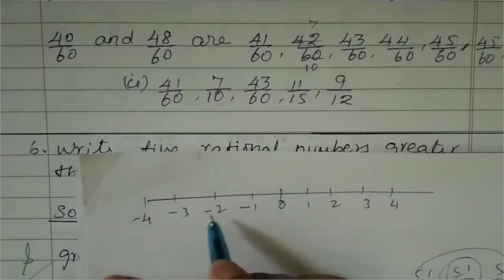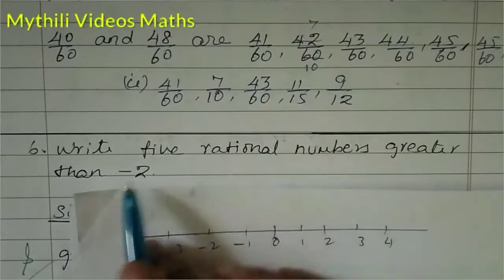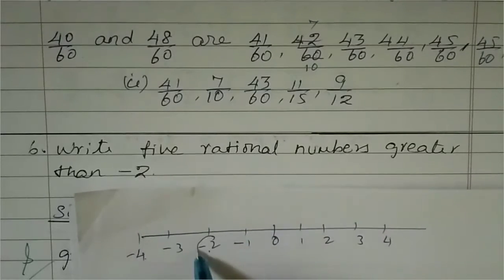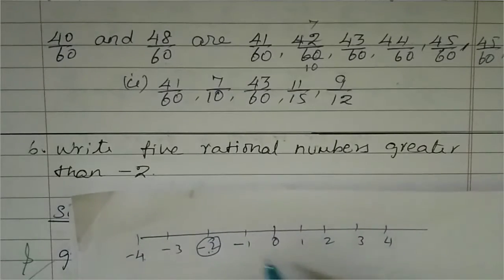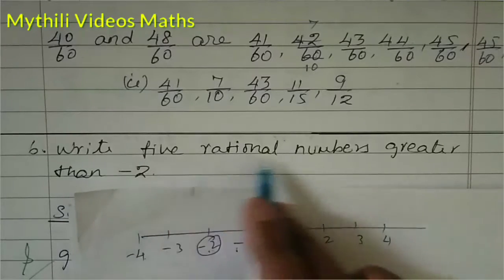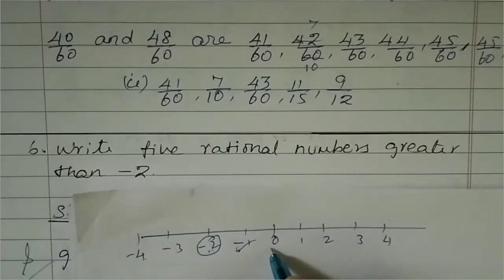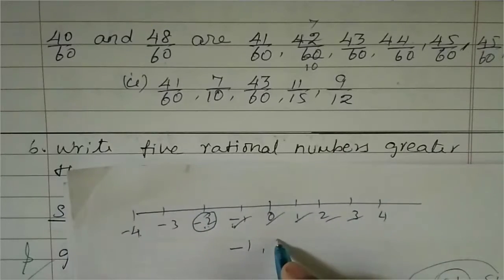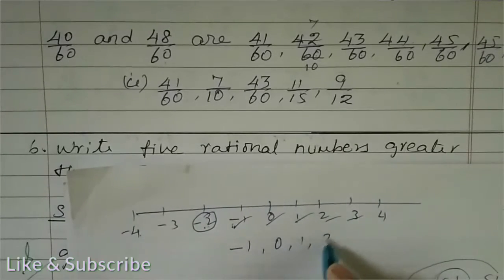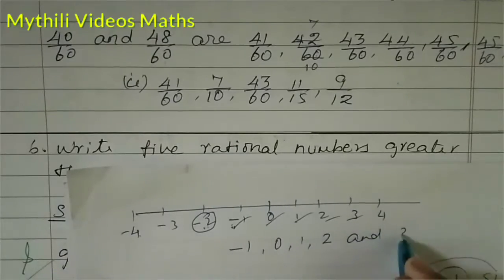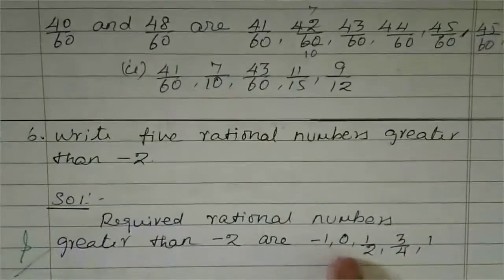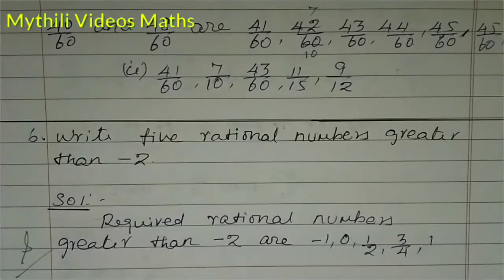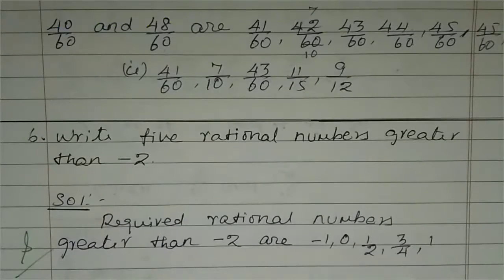Now we have to take the rational numbers greater than minus 2. So this is your smallest value. Greater values means what are all? These 5 numbers we need. We can take this one: 1, 2, 3, 4, 5. These 5 numbers we can take: minus 1, 0, 1, 2 and 3. These 5 rational numbers we have to take and write. Rational numbers, right? That's what we have to write, divided by 2. Every value by 2, by 2, by 2 like that.